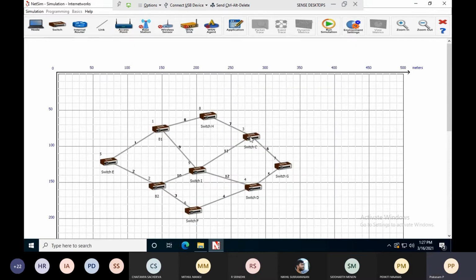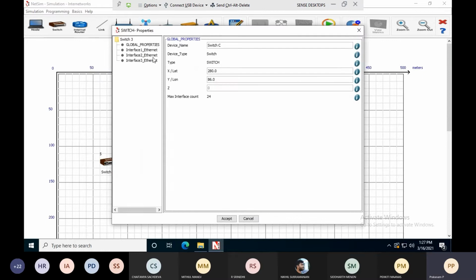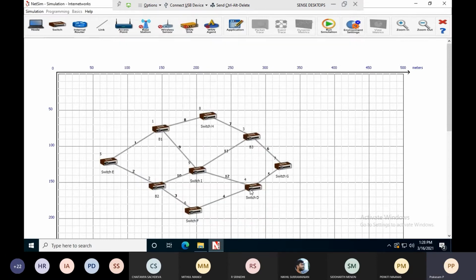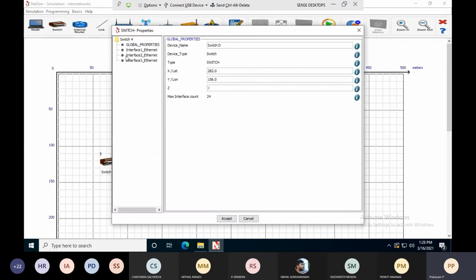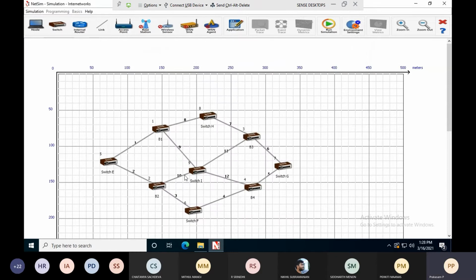Then similarly, switch C, it is B3, global properties, rename device name B3. Accept. Then right click switch D, properties, select global properties, on the device name, rename it as B4. Now if you see here, I have renamed all the switches B1, B2, B3, B4, that is 4 bridges.